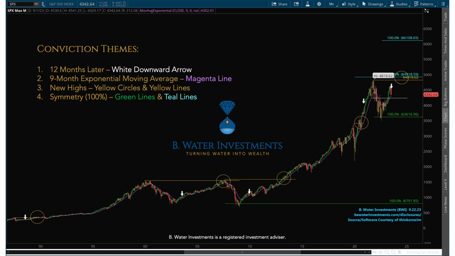Now, if we look at what happened after the dot-com bubble highs, and we see price decline into the March 2003 lows with what we call a double bottom, we moved up to all-time new highs. Yet we could not get above and stay above all-time new highs that are demarked by the horizontal yellow line to the left.